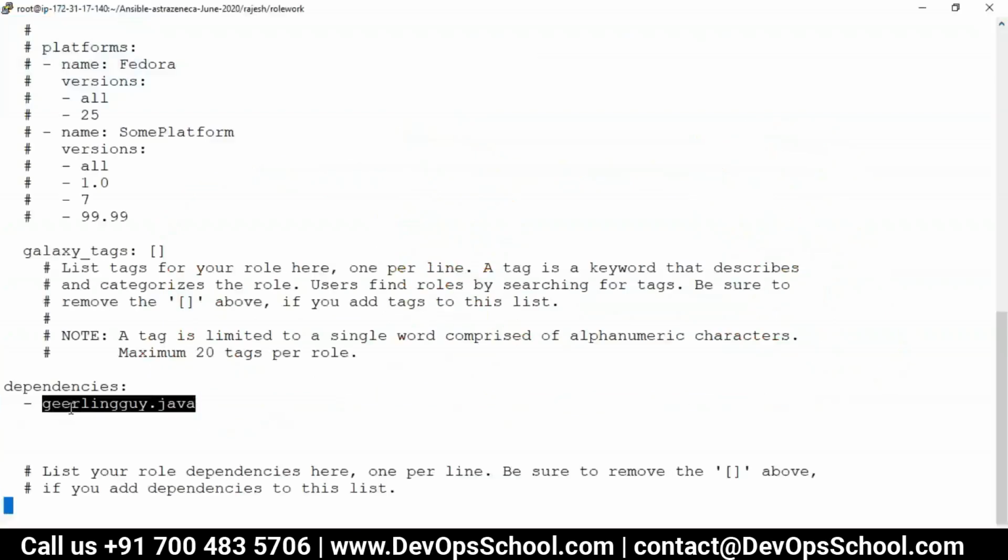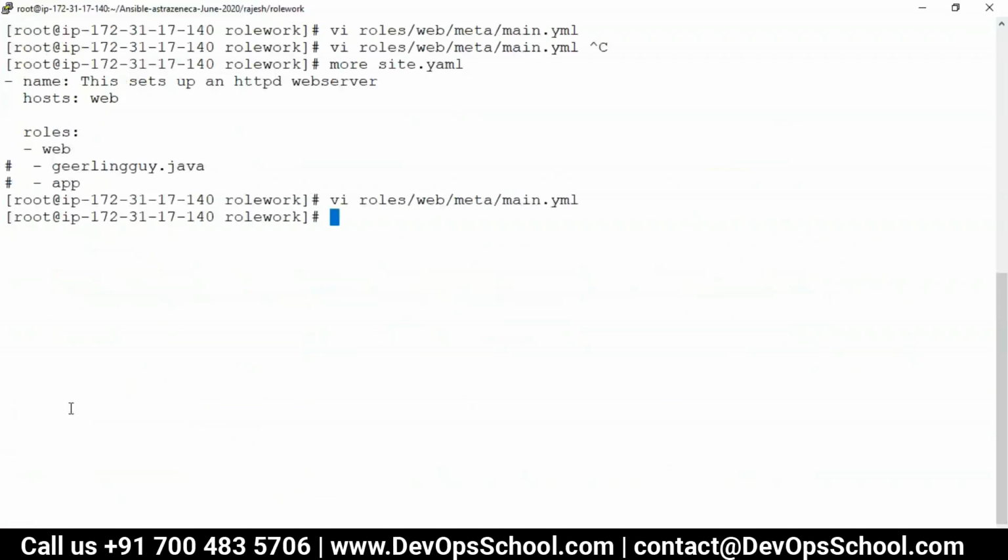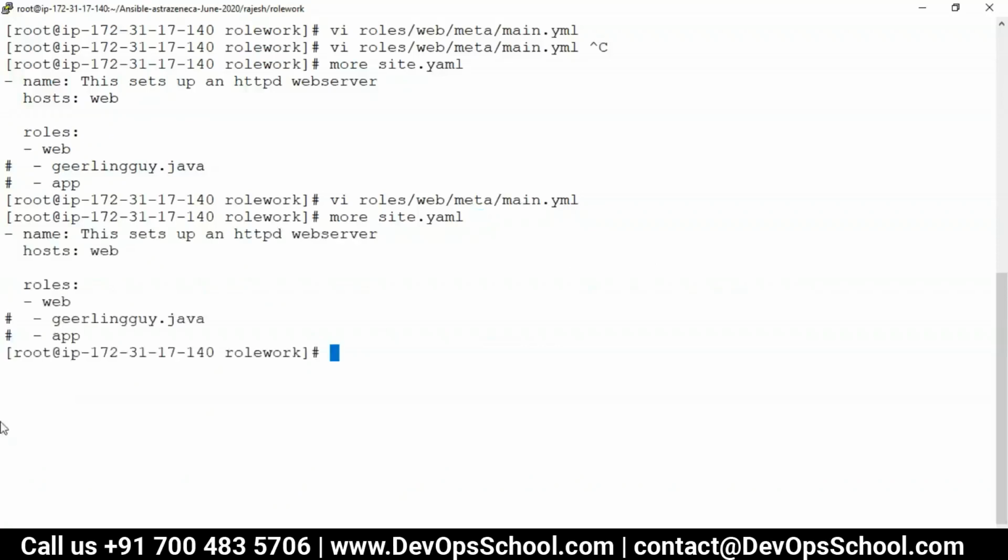Yes, I understand that. Dependencies, I understand. So my question is why you suspended that Girling guide java. If you set a dependency, you should first execute Girling guide java, then you can execute web, right? Why did you put that symbol? This is a comment symbol actually. Yeah, I commented it because I don't want to execute it as a sequence. I wanted to execute it as a dependency. I mean, your question is why did I comment it out? Because I didn't want it to run in a sequence. Yeah. Okay.